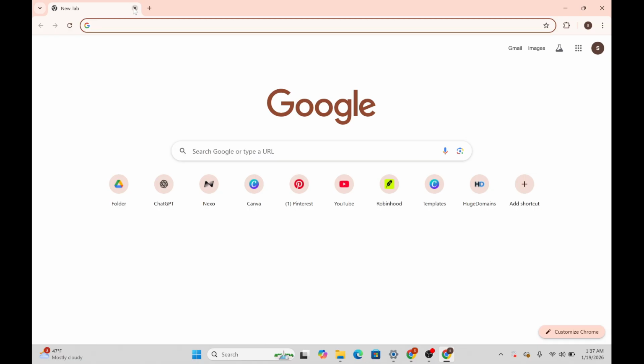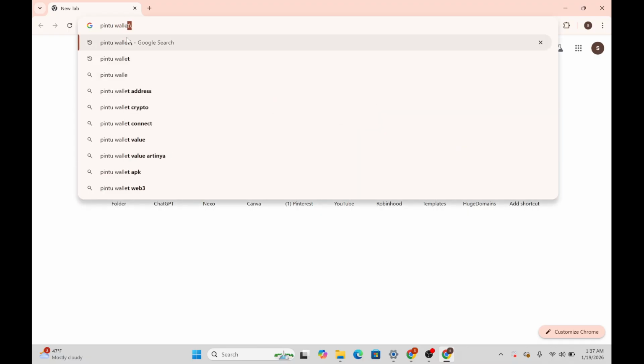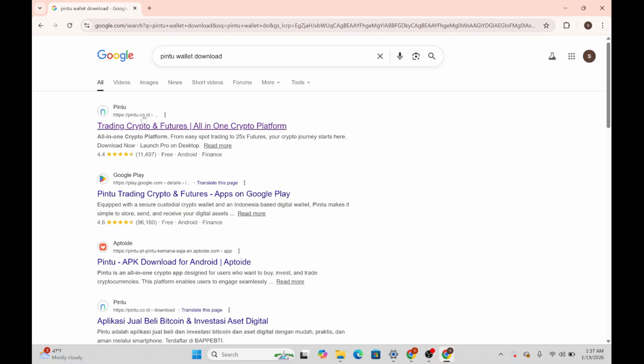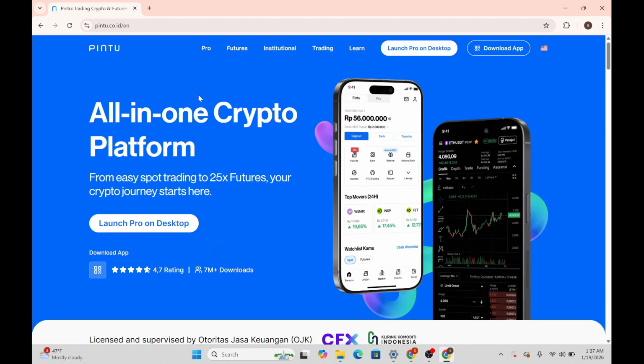So first you need to open any browser on your laptop or desktop. You can go to the official Pintu Wallet website and over here on the search bar type down Pintu Wallet download and search for it. Over here on the top option that says pintu.co, this is the official website of the Pintu wallet trading crypto and futures. What you can do is simply double click over here and in the desktop stream you'll see this